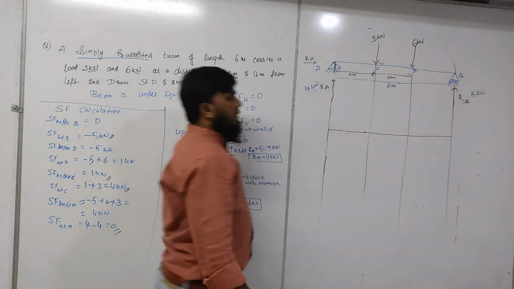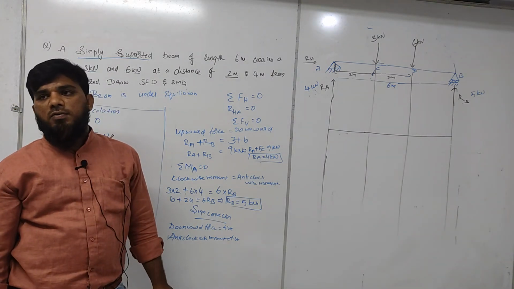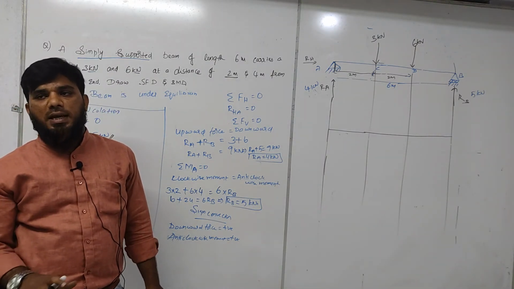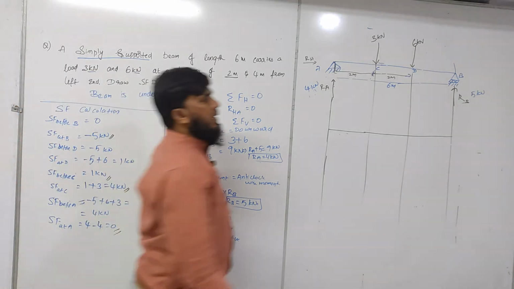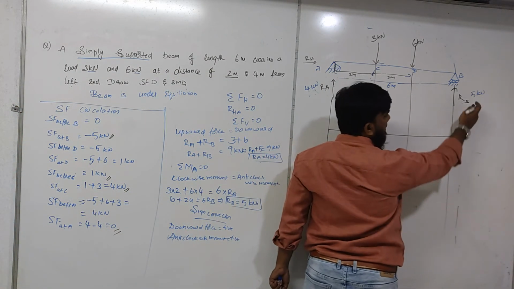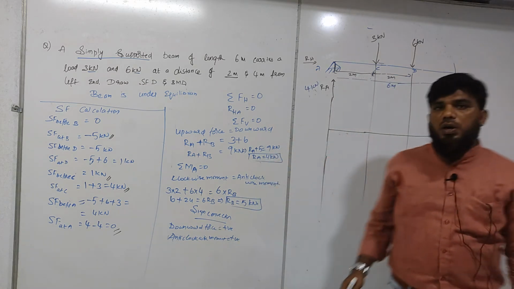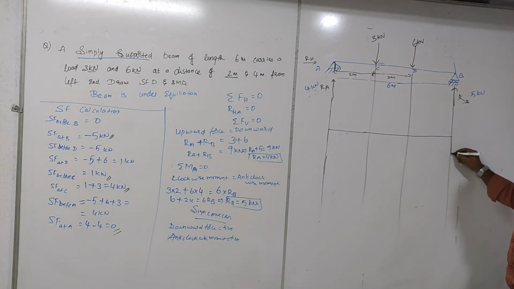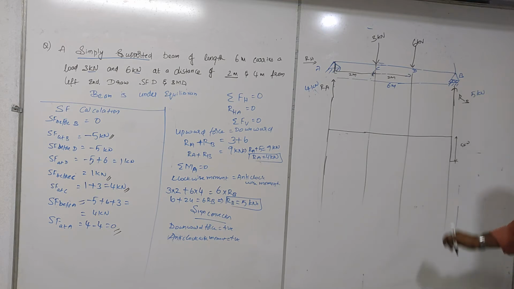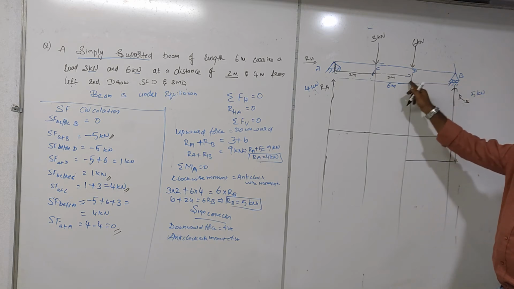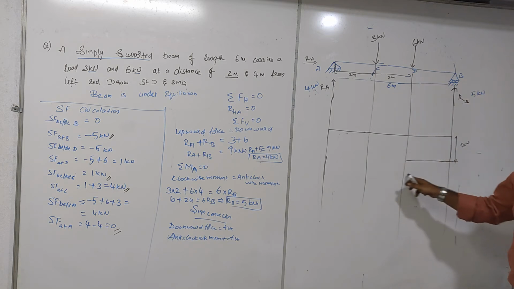Previously, your whole shear force diagram in the cantilever was above the baseline, but here a few points are negative and a few points are positive. So let us go from this point. Here, upward direction means you have to go downward. What is the value? 5. So from here to here, negative 5 units. Since from here to here no load is acting, this will remain constant.